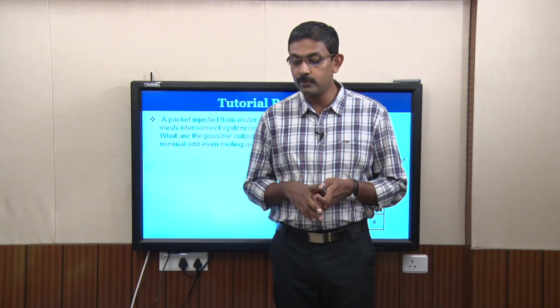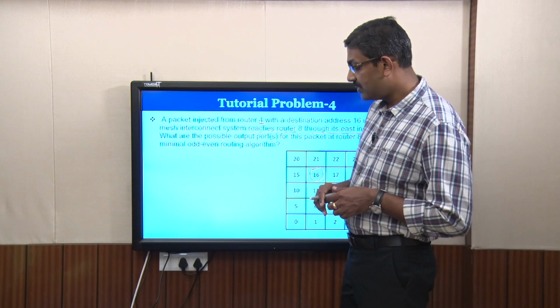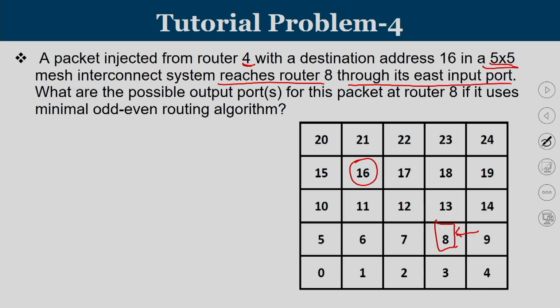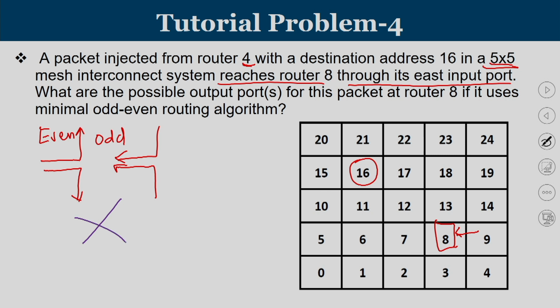What are the possible output ports for this packet? We are following odd even routing, and the odd even restriction is that in even columns, east north and east south turns are not allowed, and in the case of odd columns, these are the 2 turns that are prohibited. So, if we prohibit these 2 categories of turns, these turns are not allowed in the case of